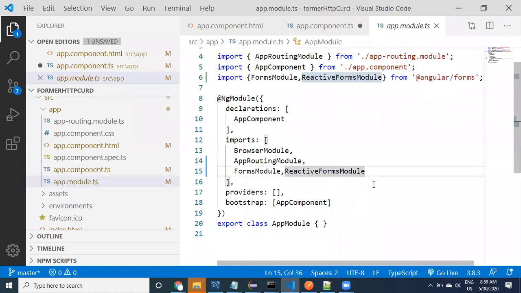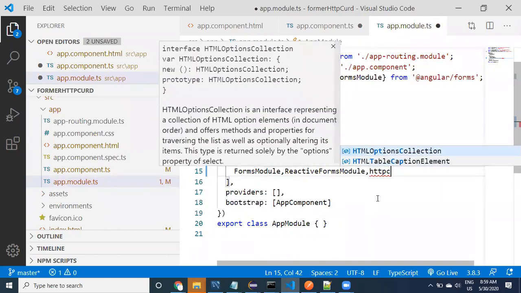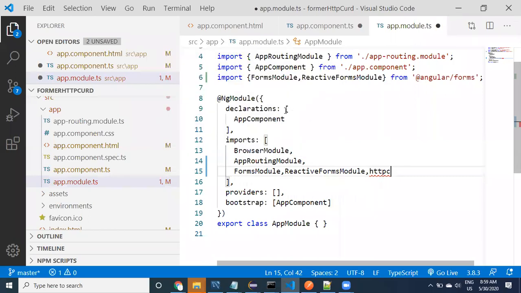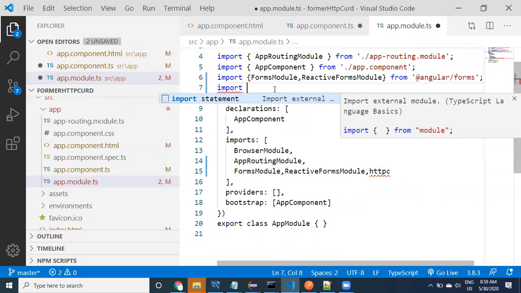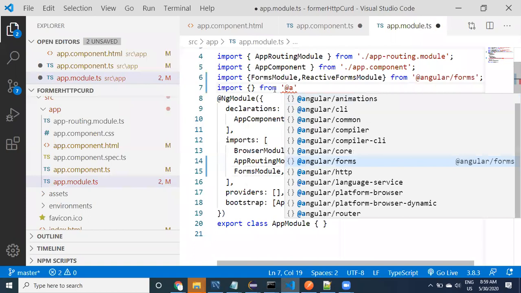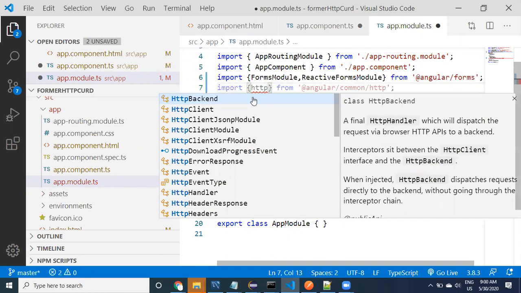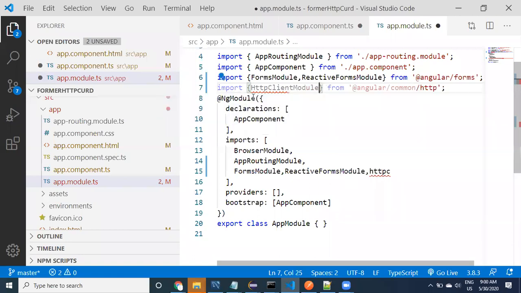We are writing code inside the app module, so we need to import HttpClientModule here. It does not come by default, so we need to import the class from @angular/common/http. Now HttpClientModule is there. Copy this and provide it inside the imports array.